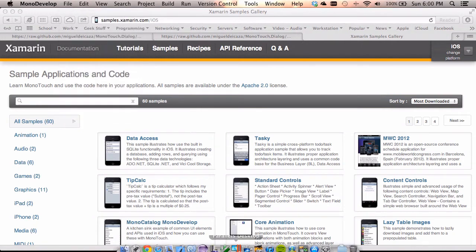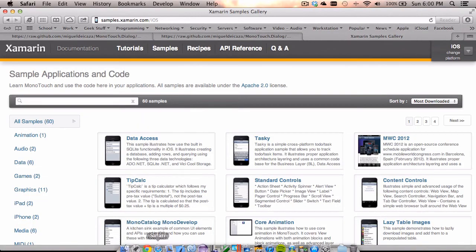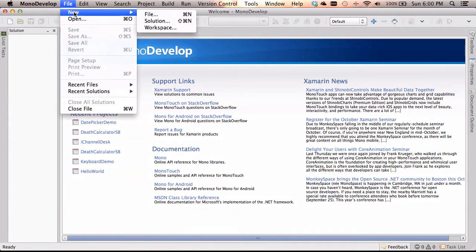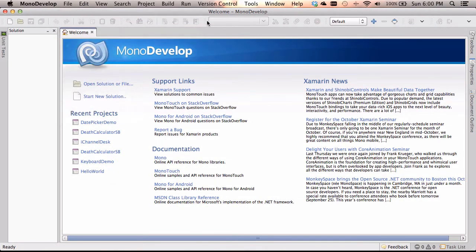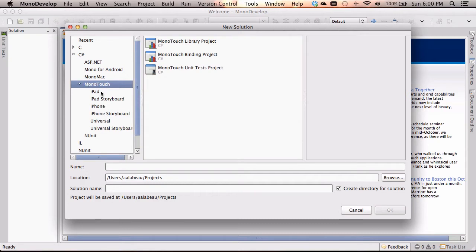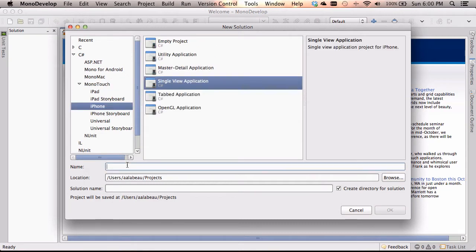Under Mono here, I'm just going to close it out completely and start from scratch. MonoDevelop. And we're going to make a new solution, so I'm going to choose file, new solution. And once again, we're just going to start with a very basic MonoTouch application, one of those basic view applications, a single view. And we'll call this